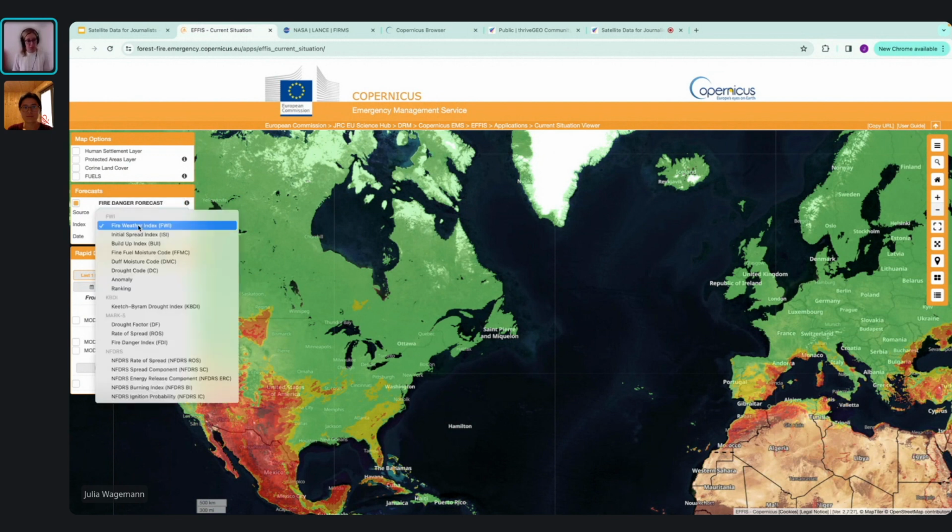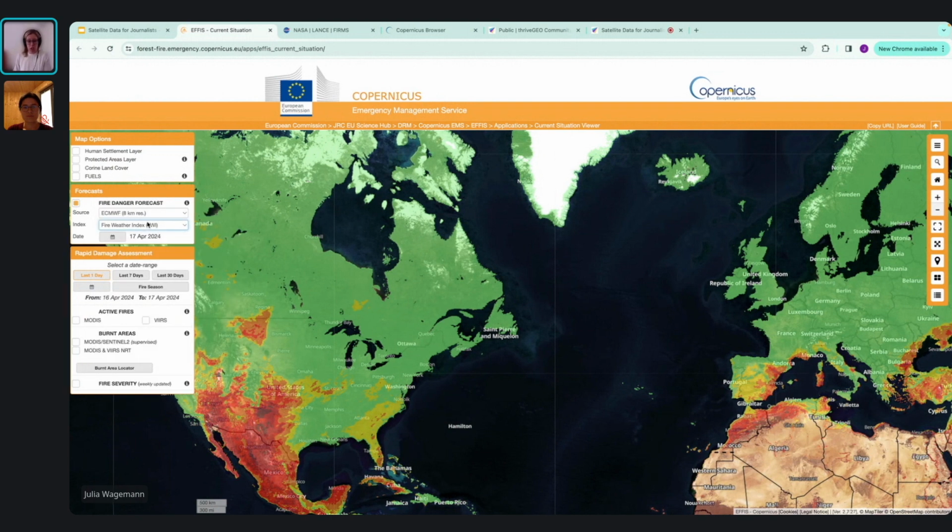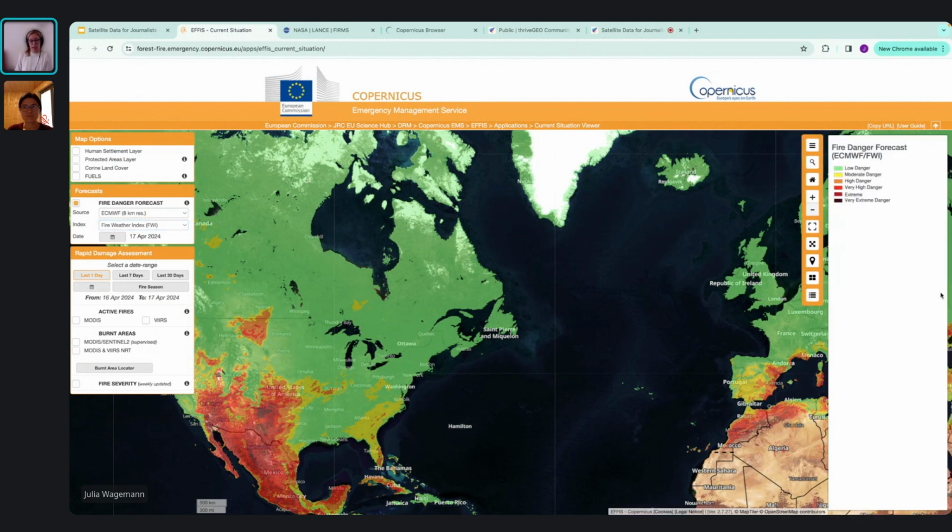And there's also a set of indices, but the most common one used for assessing the fire danger is the fire weather index, which Sabrina also showed you already, mapping the fire danger in 6 different classes, from low danger to very extreme danger. So the more red and purple the pixel is, the higher the danger.